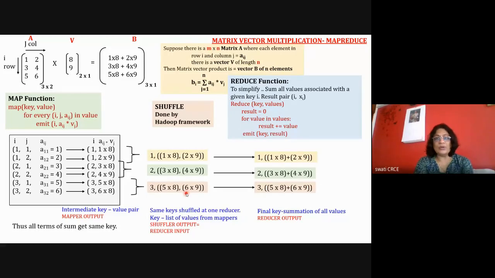But this is a very important topic. So we are looking at it because now, if you are clear, this is a simple example, matrix vector. If you're clear with this, we will go for the one-step matrix multiplication. So any doubts in this? If there are any doubts, please you can ask me.